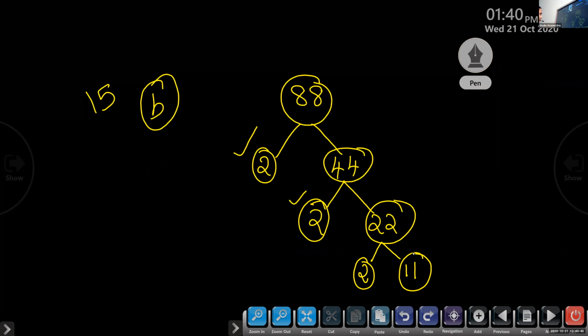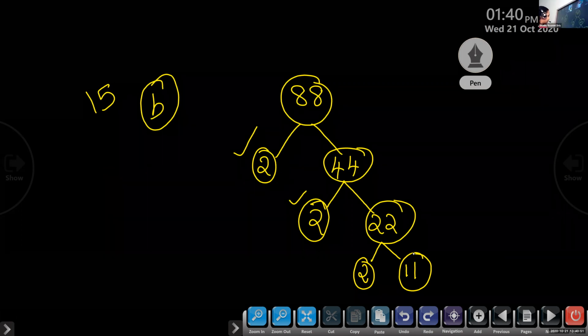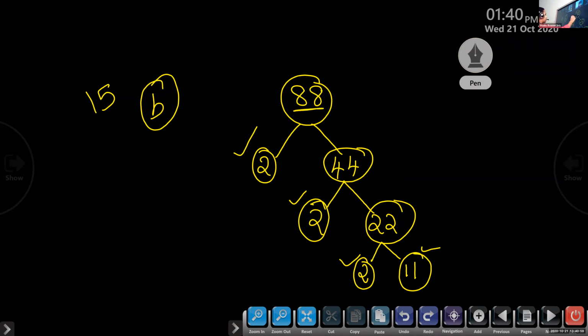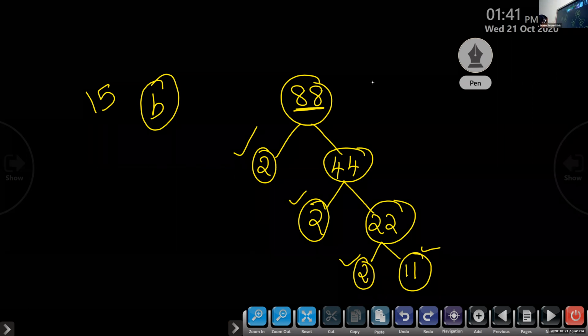So prime factorization of 88 is equal to 2 into 2 into 2 into 11. After writing, multiply and check whether you are getting this number, the big number we are factorizing. We are getting, is it 88? So children, we can write prime factorization of